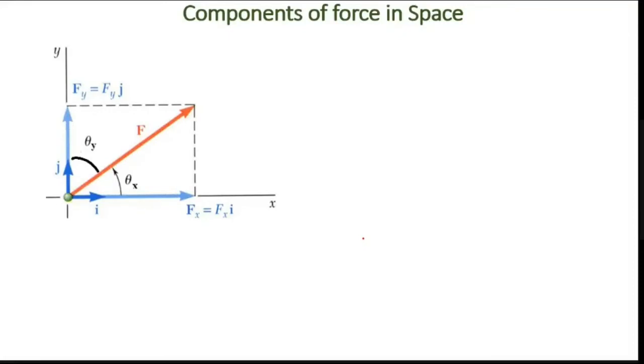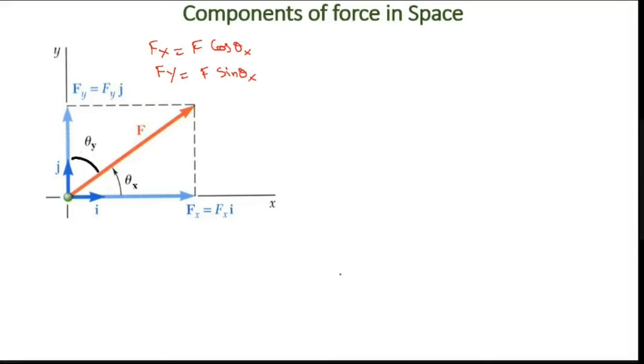So the next one, let me consider our usual 2-dimensional figure, right? You will always identify this force F. I will bring it to the x-axis. When I bring it to the x-axis, as I told you, this is theta x. Your angle is decreasing, so I will put cos, right? So I will write fx is equal to f cos theta x. Whereas if I consider fy, I will consider it as f sine theta x.